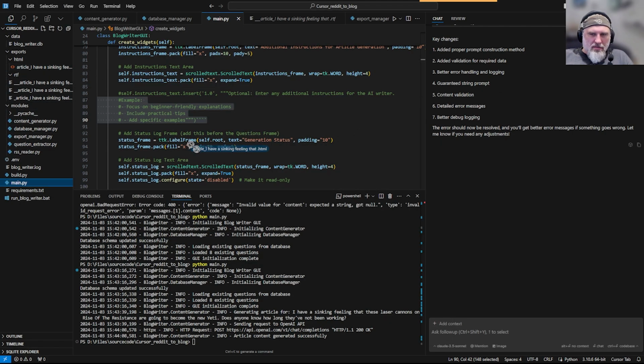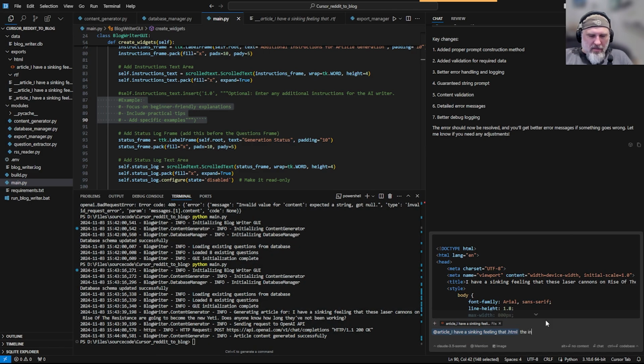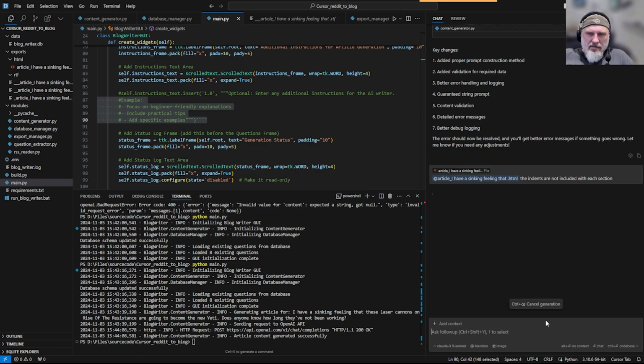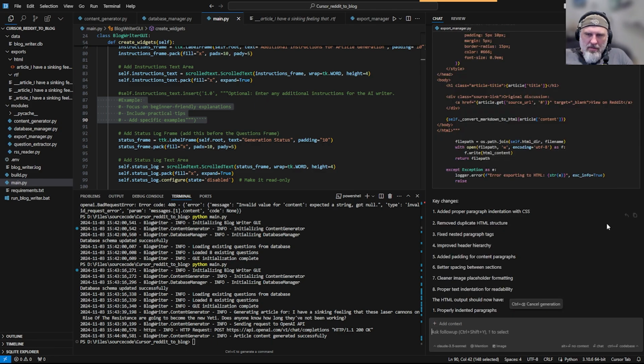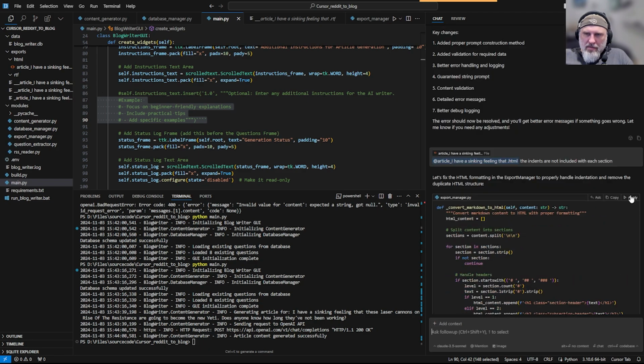Grab this, drag it down here. The indent is not included with each section. Let's just see if it is one thing at a time. Let's fix the HTML formatting. I don't know what you're doing, but I'm okay with it. Alright, added proper paragraph indentation with CSS, removed some duplicate stuff, made it look better. Got it. Accept,